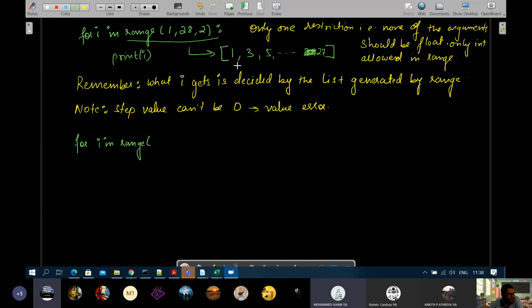Sir, if the step value is 0, what will actually happen, sir, that it is an error? It won't be able to do it. It will start executing the loop and then it will find that you have given 0. Then it will complain: value error, I cannot proceed with this. You are telling me every time you have to move 1 step ahead or 2 steps ahead, or jump 2 meters ahead. But I keep you standing and say that now you have to jump 0 meters. What will you say? Okay, I'm standing in the same place, then there is no use. You will always be standing there. You will never reach the end.